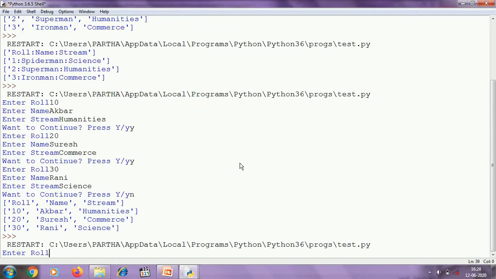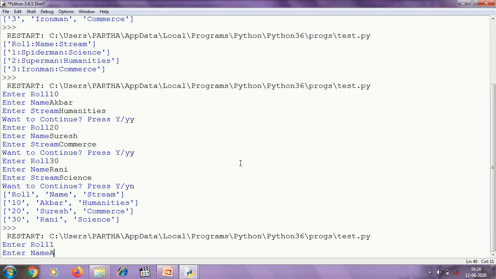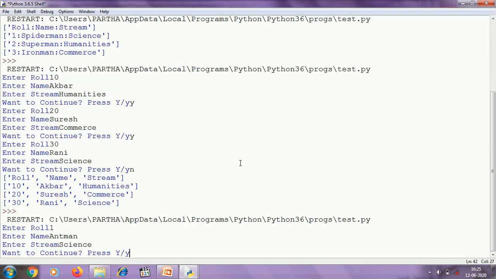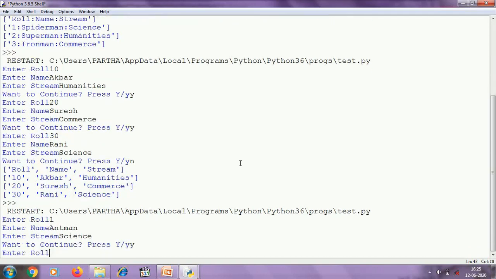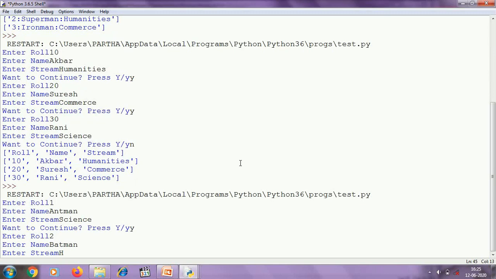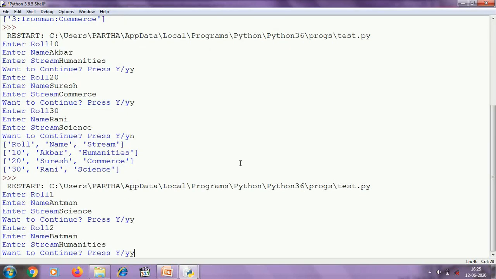Enter role, for example 1, enter name Ant-Man, stream science, 1 to continue, yes. Roll number 2, name Batman, stream humanities, 1 to continue, yes.